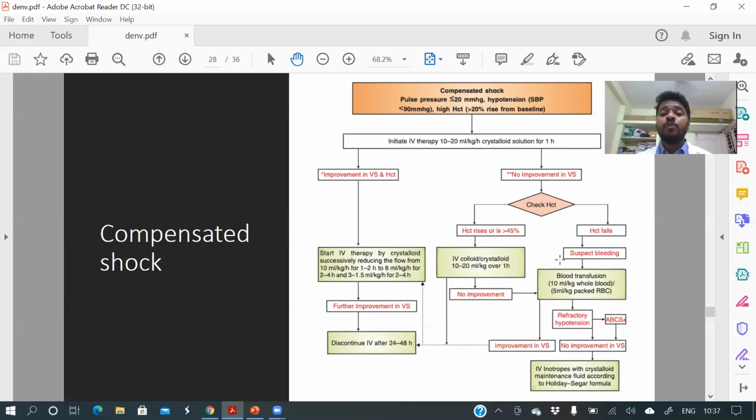Whereas if there is no improvement, then we have to again give one more IV crystalloid bolus of 10 ml per kg per hour over 1 hour, and again we have to look for improvement. If hematocrit falls very rapidly, then we have to think of internal bleeding. So the funda is, if the patient is having dengue fever and is coming under moderate dengue, then we have to start 6 ml per kg per hour. If the patient is of compensated shock, initial fluid management will be 10 to 20 ml per kg per hour